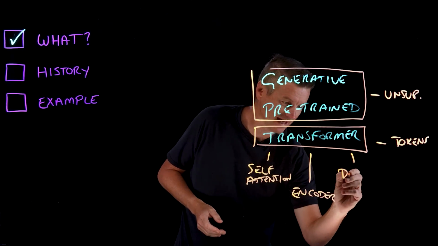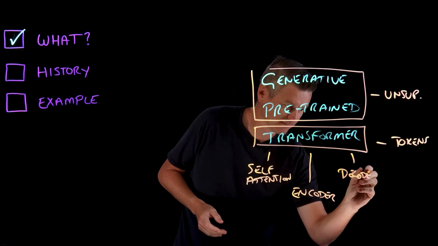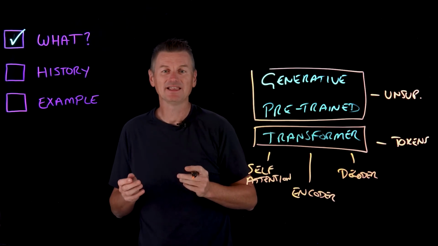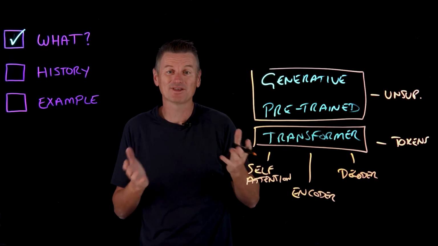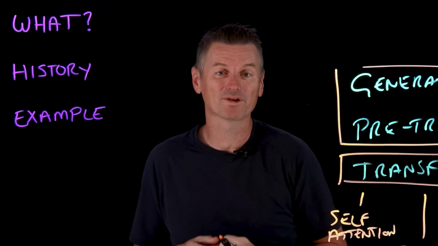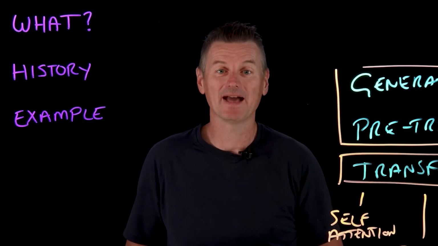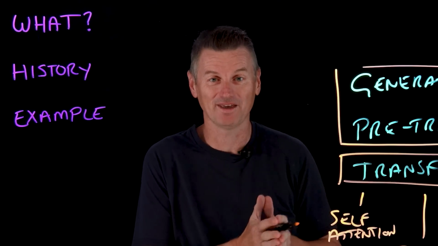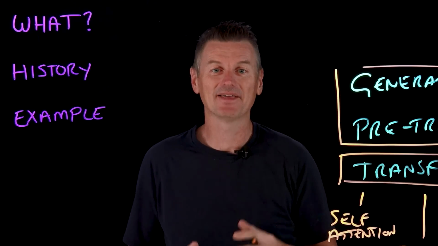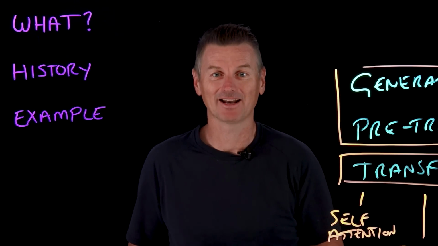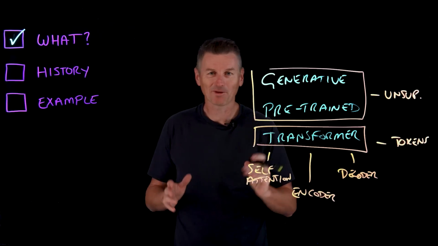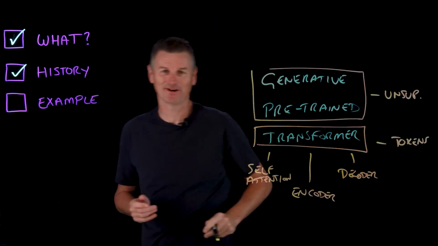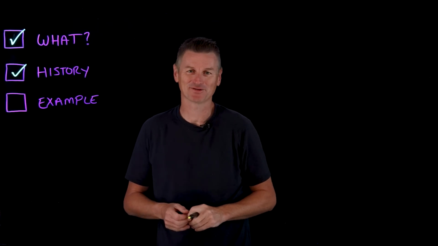There's also a decoder module as well. What the decoder does is predict the most statistically probable response to the embeddings prepared by the encoders, by identifying the most important portions of the input sequence with self-attention and then determining the output most likely to be correct. Now, a quick word on the history of generative pre-trained transformers.